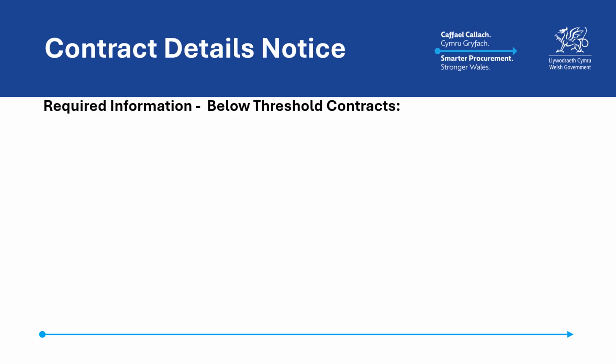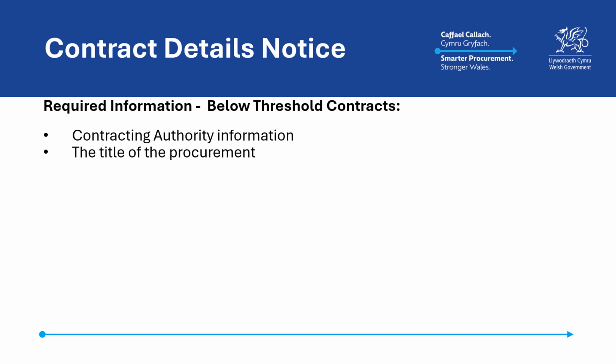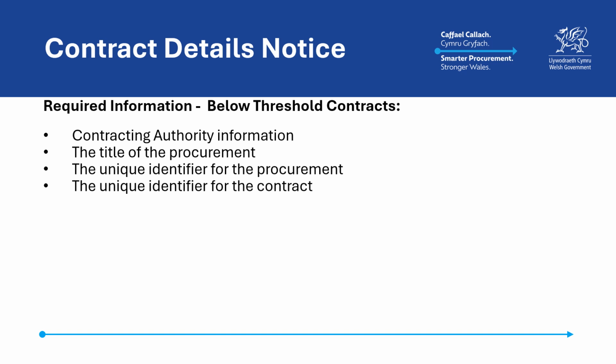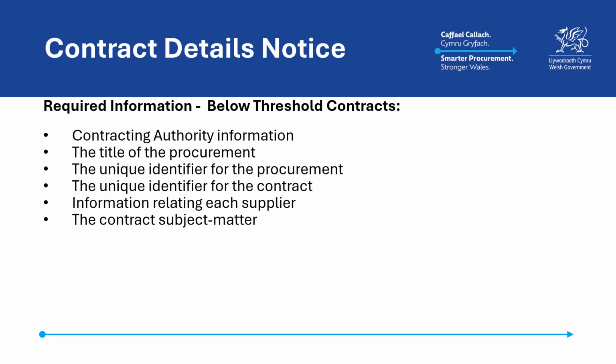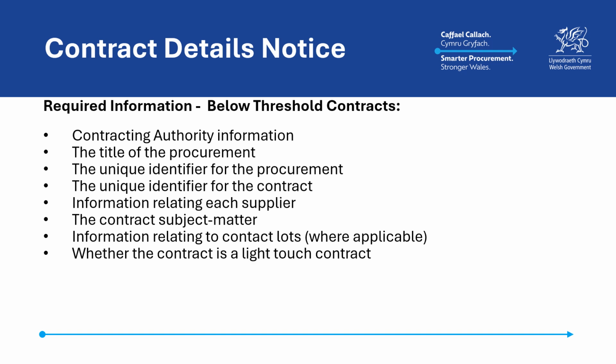The following information is a summary of the information required when completing a contract details notice for below threshold contracts. The information is information about the contracting authority, the title of the procurement, the unique identifier for the procurement, the unique identifier for the contract, information relating to each supplier which is party to the contract, information relating to the subject matter of the contract, where the contract is being awarded by reference to lots, the title of each lot, and the distinct number given to each lot by the contracting authority, whether the contract is a light touch contract,